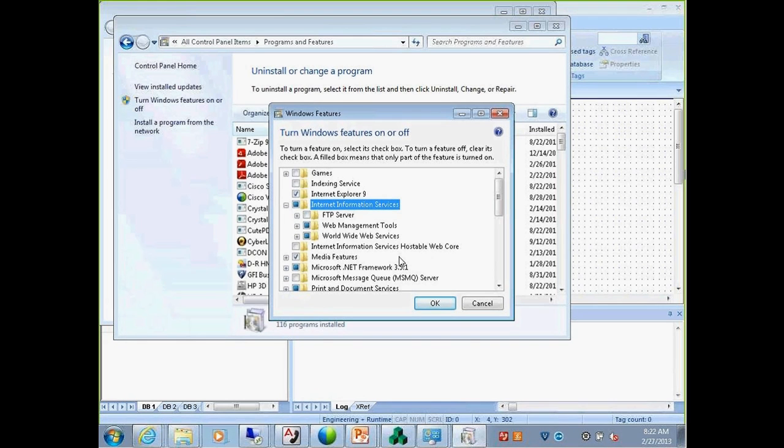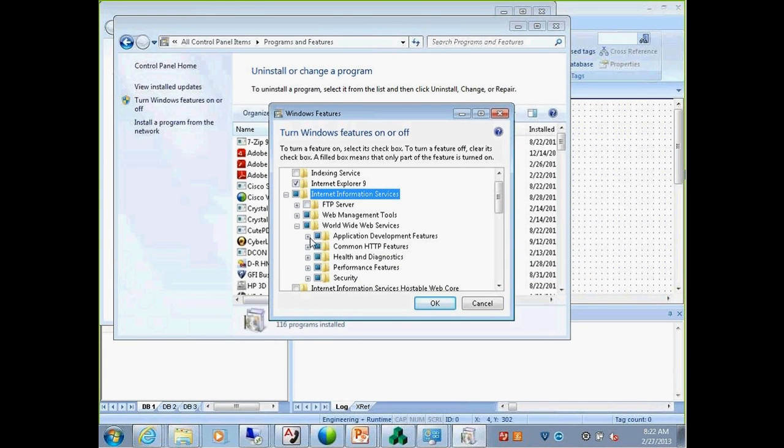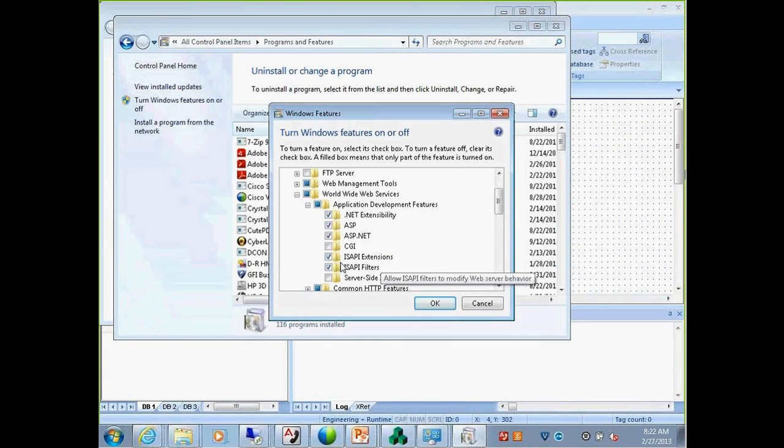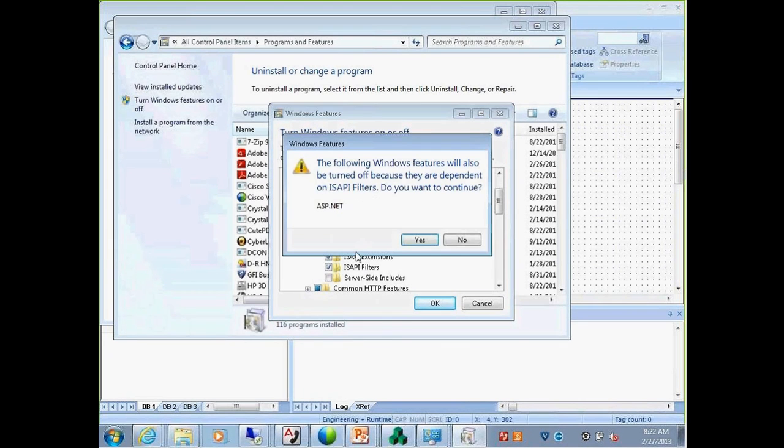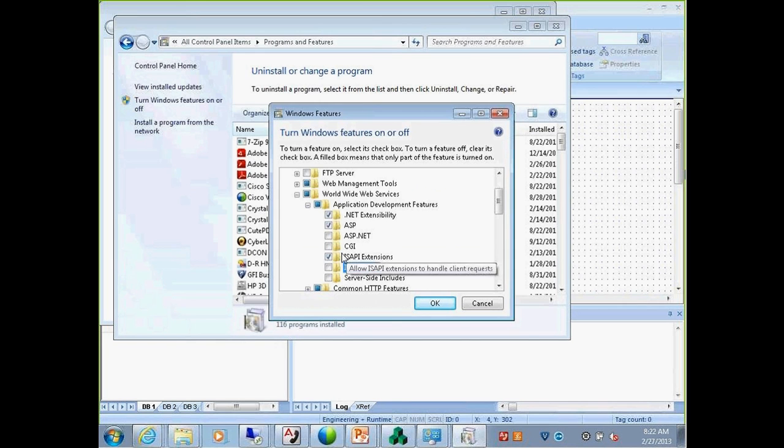But if we think we're going to host the mobile access client, there's one more thing we need to do, which is to go to the World Wide Web Services, to go to the Application Development Features, and turn on these options that are selected. Normally the default options are not selected. Had I really not had IIS installed, then these options would be unselected, and I would have to